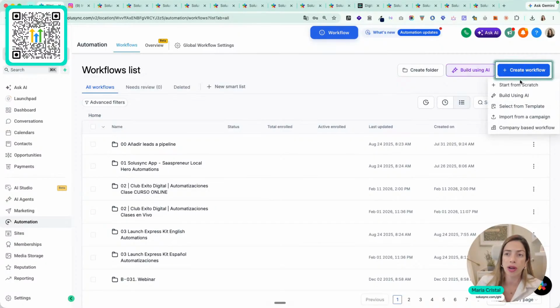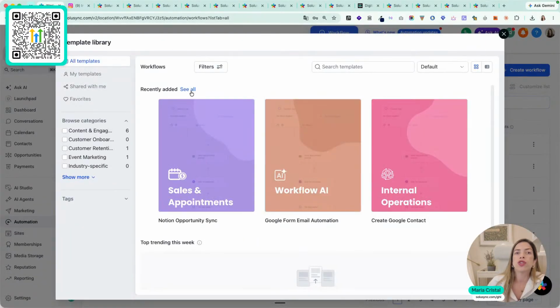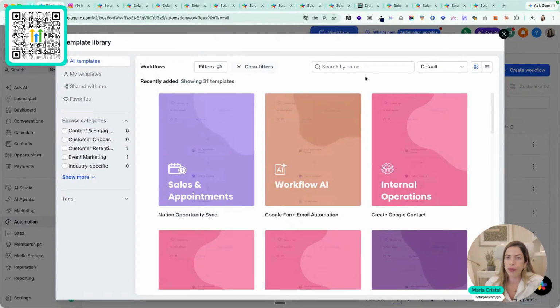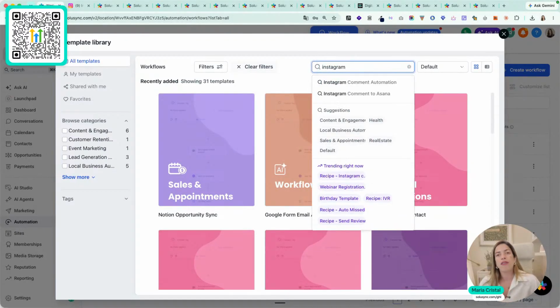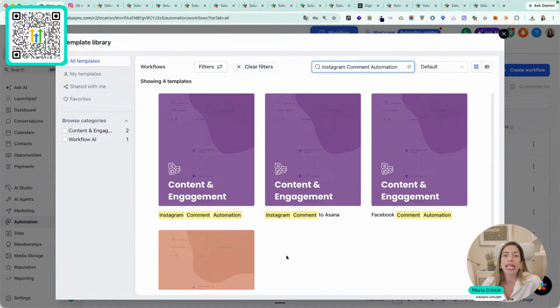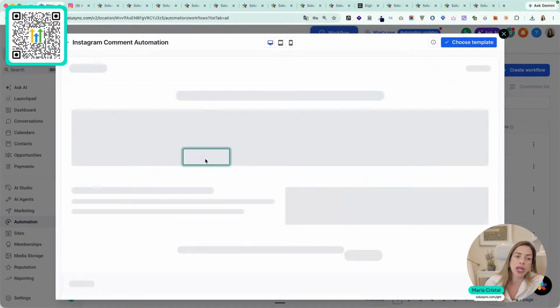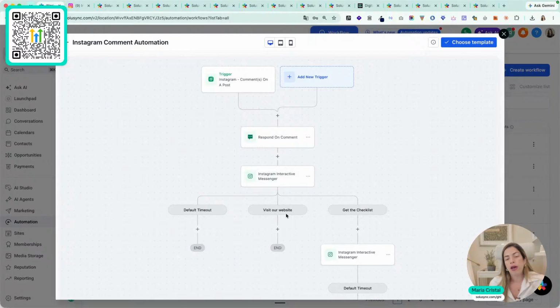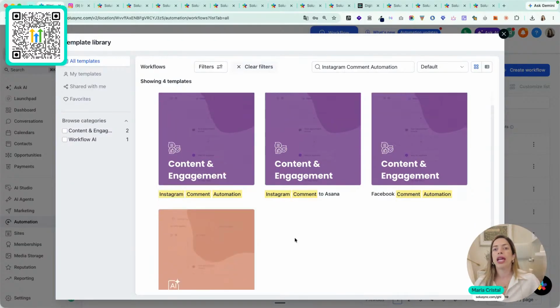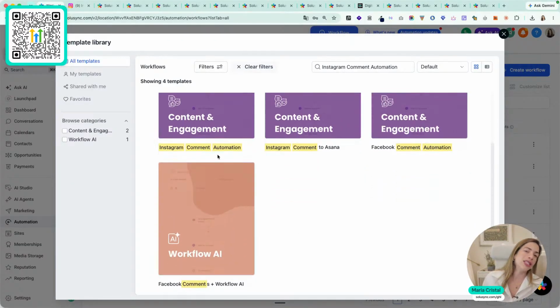And that's why I want to show you here. If I click on create a workflow, select from a template, you have so many options that are already pre-built for you. For example, Instagram. If you want an Instagram comment automation, this completely replaces ManyChat. You can preview here, and it will build the full workflow, and you just have to customize it to your business. You would choose on which post or on which accounts people can comment, for example, promo, the public reply that you want to give to that comment, and then the DM message that they would receive. You can see that you have here Instagram comments to Asana, Facebook comments, Instagram comments, Facebook comments,